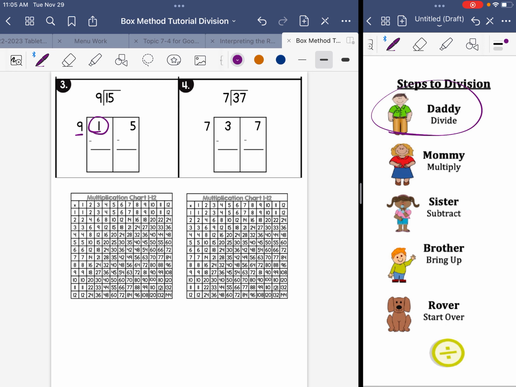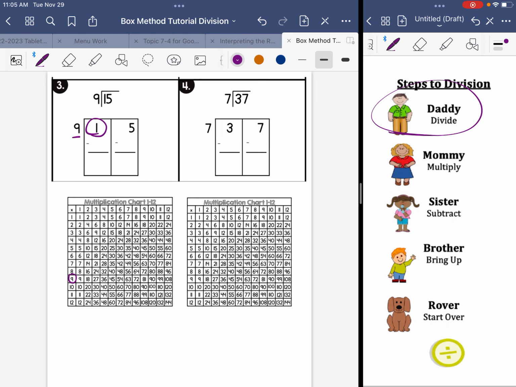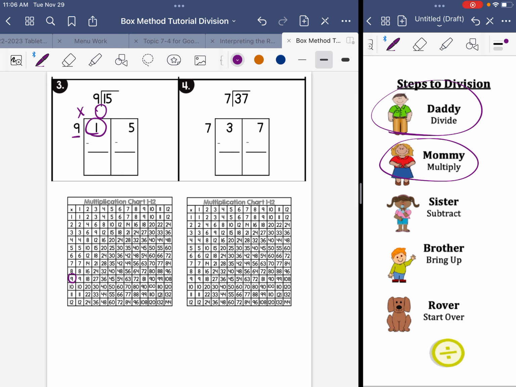How many 9's can fit into 1? Let's go to our 9's. Do you see 1 or smaller here? No. So then we're going to say we can fit 0 groups of 9 into 1. So now it's time to do mommy multiply. 0 times 9, 0. 1 minus 0, we're sister subtracting. 1 minus 0 is 1. Brother bring up